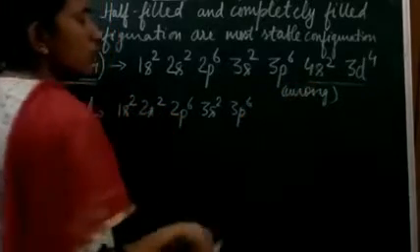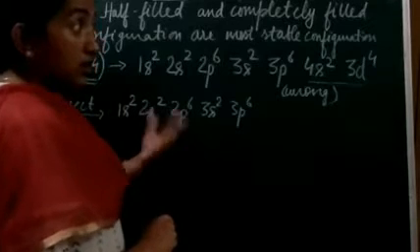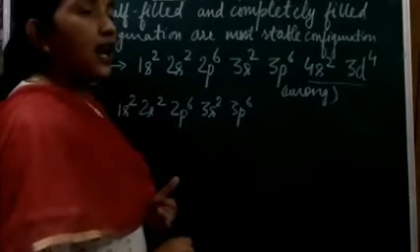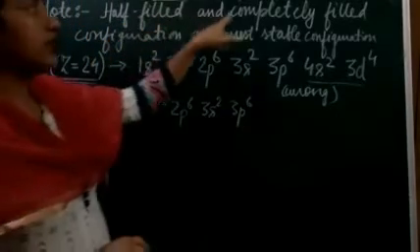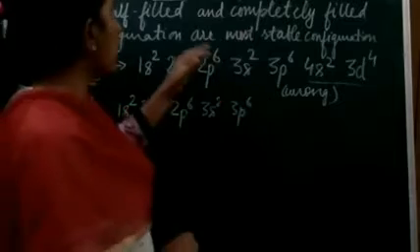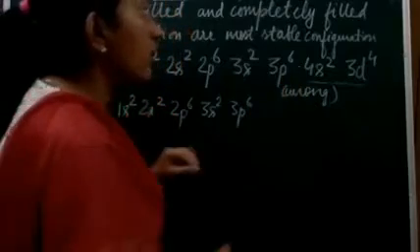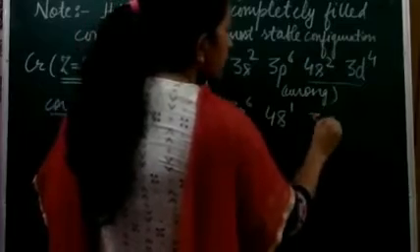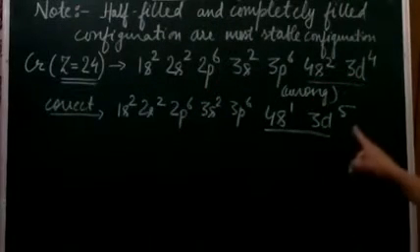Now here you can see that 4s has 2 electrons, which is a stable configuration. 3d has got 4 electrons. How many electrons does it need to attain the stable configuration? The half filled. Completely filled will require more electrons, whereas the half filled requires fewer. It requires only 1 electron. So from the 4s, 1 electron will jump to the 3d subshell, and it will have this configuration. So 4s1 and 3d5 is the correct configuration for chromium.